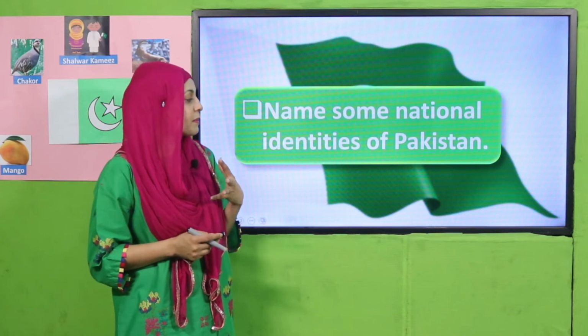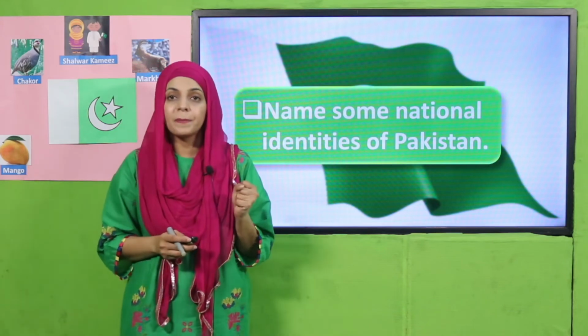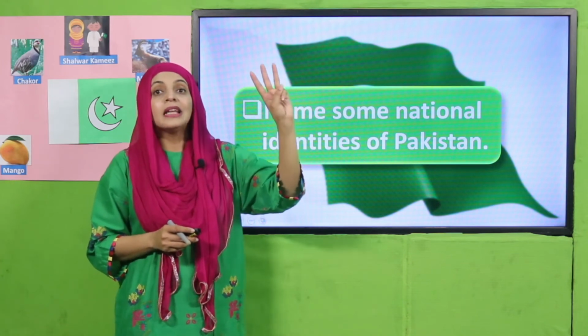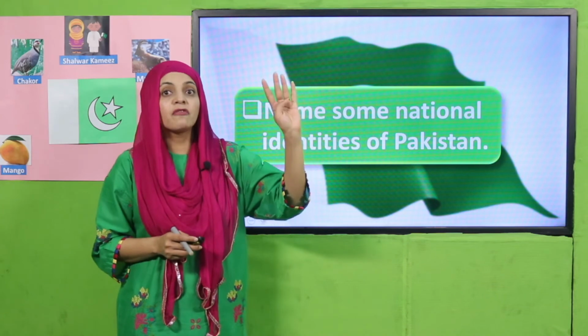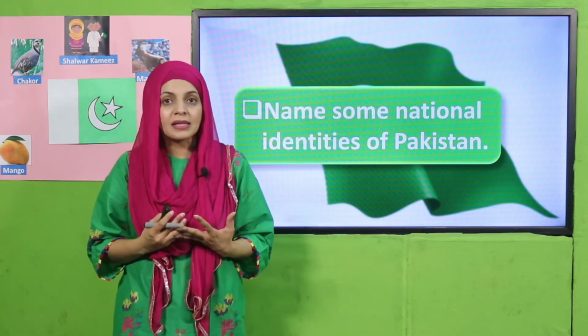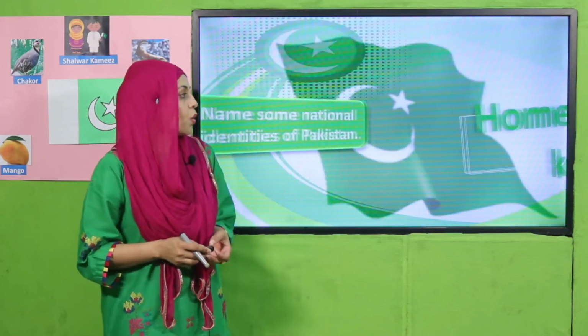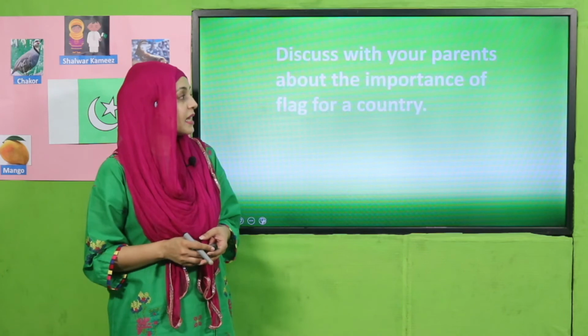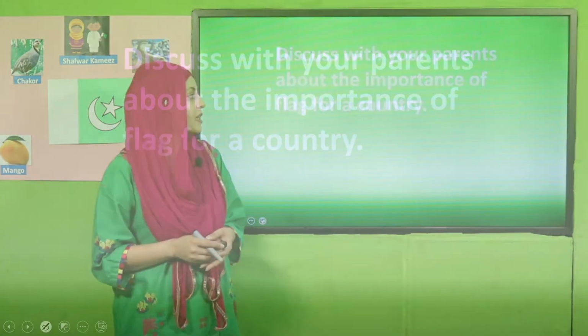So quickly tell me, name some national identities of Pakistan. Chakor, national bird. Markhor, national animal. National flower is jasmine. Shalwar kameez is national dress. So these are different identities of Pakistan. Okay, my dear students, for homework, what you will do is discuss with your parents about the importance of